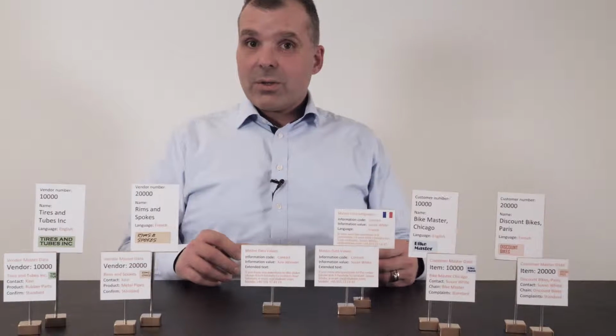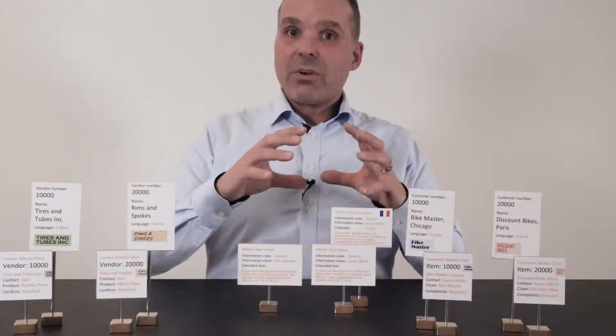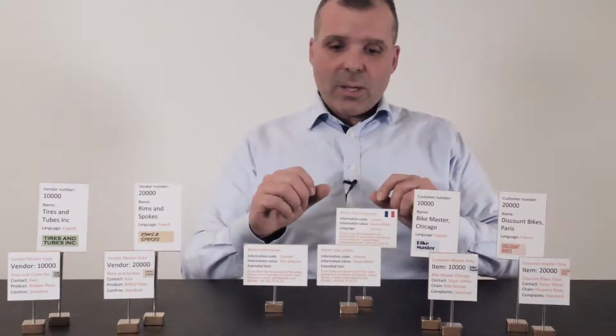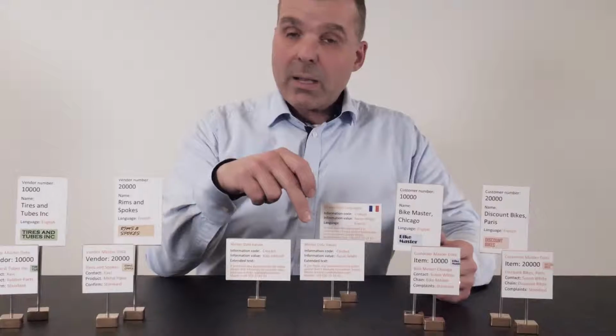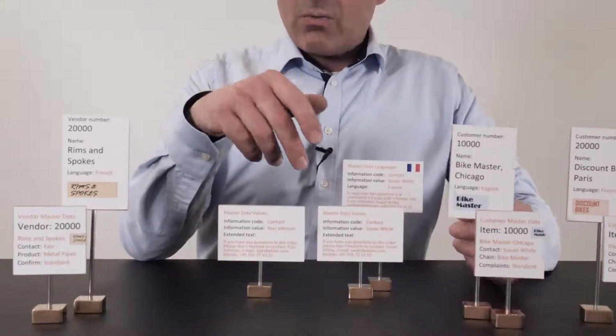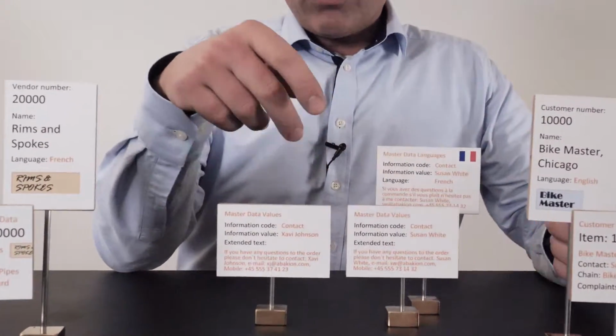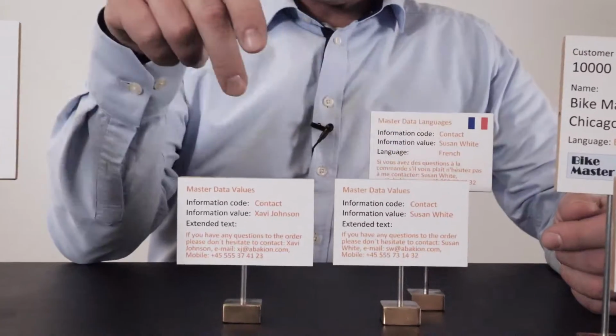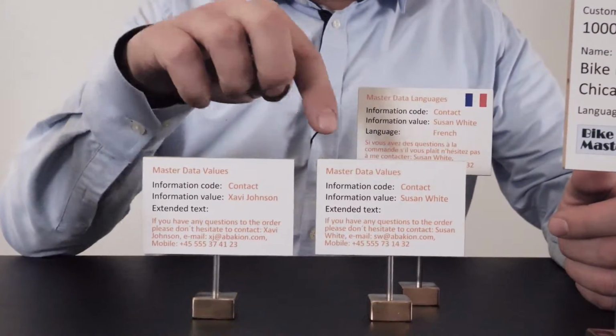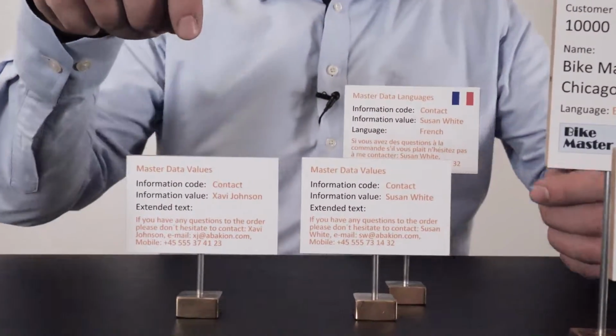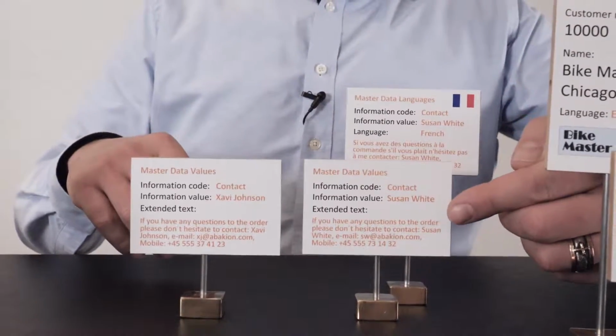With master data information, it's possible to maintain data very easily. Let me give you an example. So here in our master data, contact, which is just a parameter I have set up, I've called it contact, and I've added Susan, and I've added Savi, which are two contact persons that I would just like to add. And on those, I have added text.